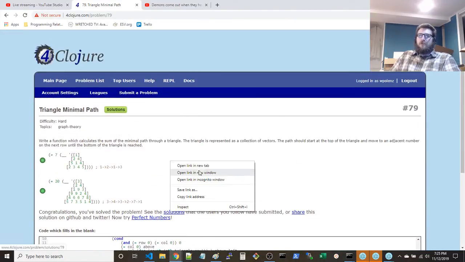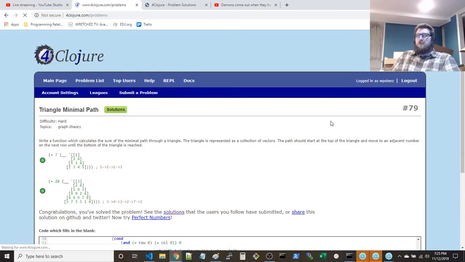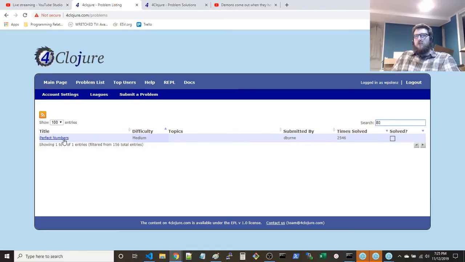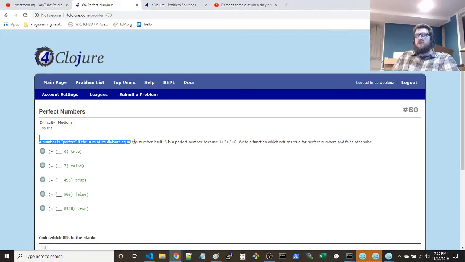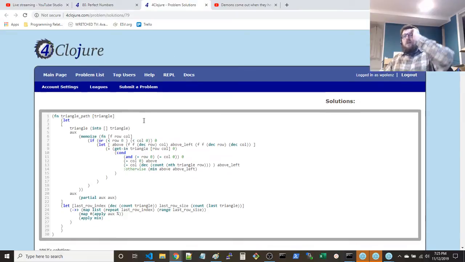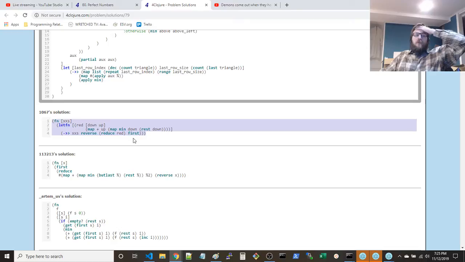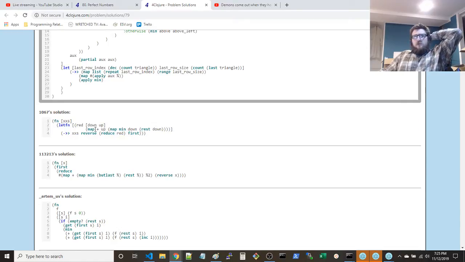So let's open up the next row. Let's go to 80, perfect numbers. Okay, so this is where I stopped, and I want to show you one of the solutions that's very, very concise. Basically, what he did is he used a reduction. He first